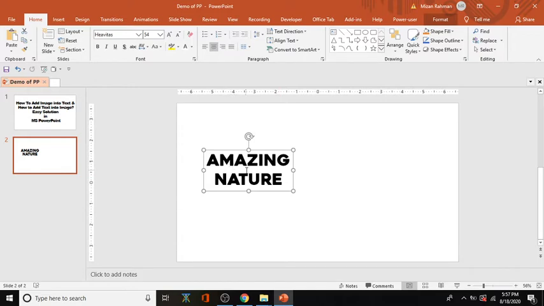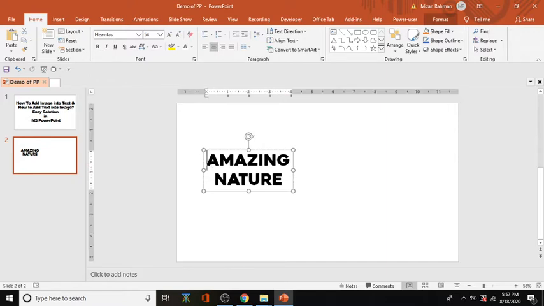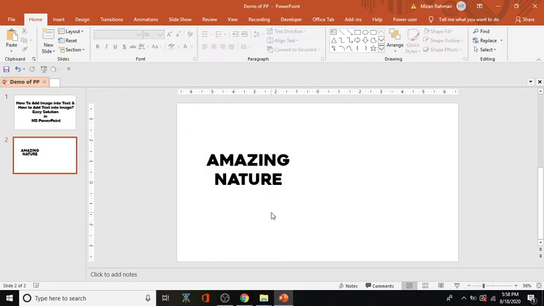And one more thing, in MS PowerPoint there is no direct method to add a picture into the text, so I cannot put the picture directly into the text. In Microsoft PowerPoint you can enter a picture into a shape or some kind of background.